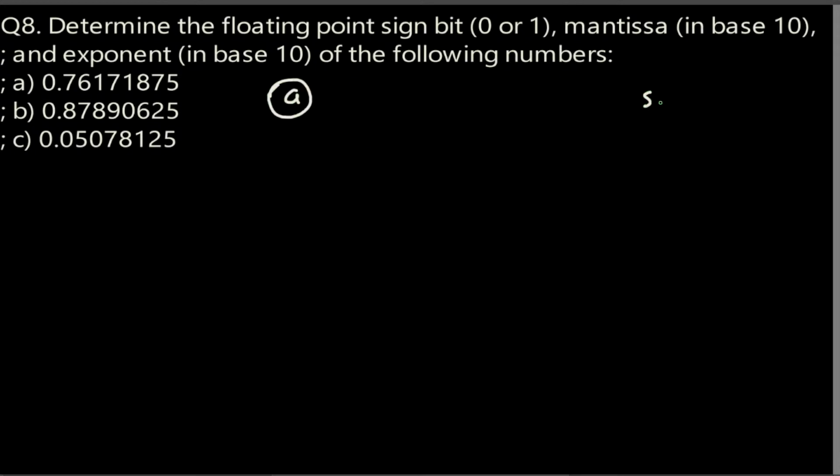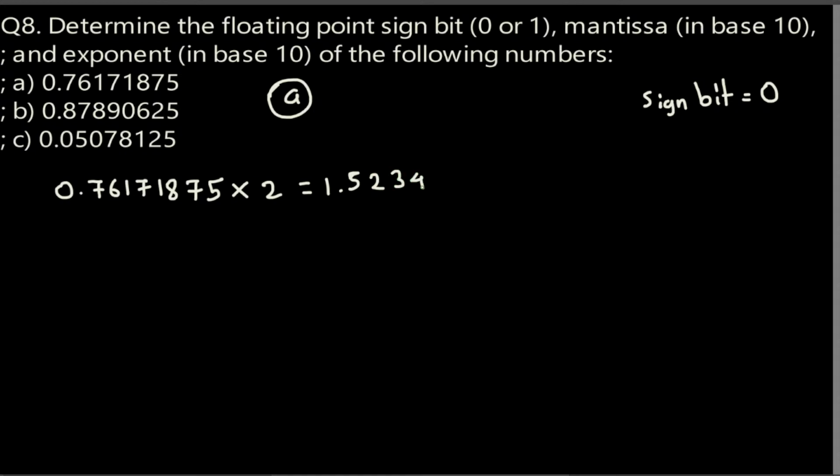For the sign bit we just put 0 because this is a positive number. And then for the mantissa and the exponent, we have to convert this number into binary. So I take this number, 0.76171875, and I keep on multiplying it by 2 until I get a 0.00 situation. If I multiply this by 2, I get 1.5